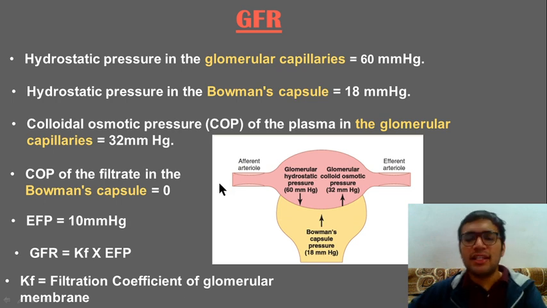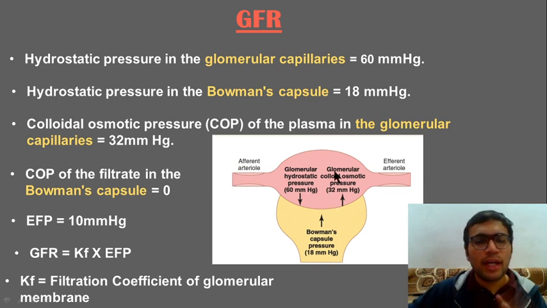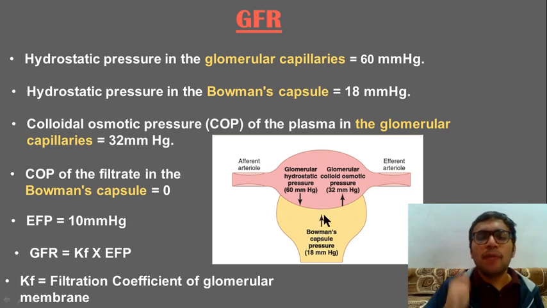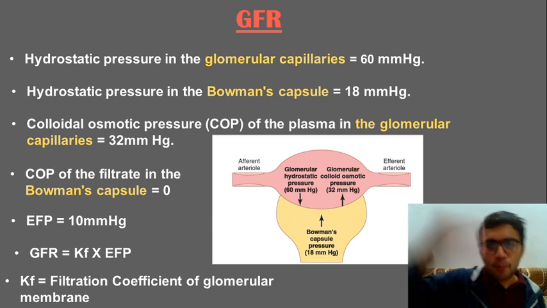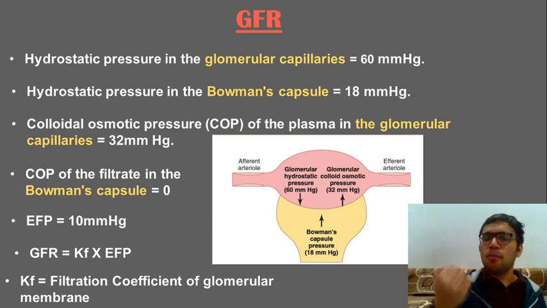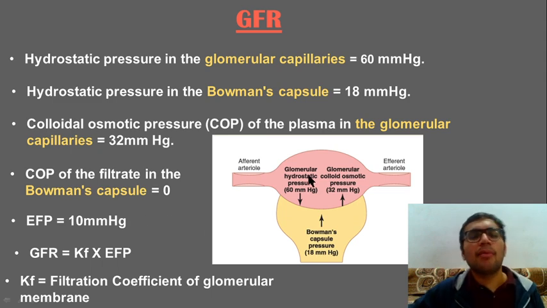What is the basic thing I want to tell you? This is your glomerular capillary, this is your Bowman's capsule. You have to filter off the things. Guys, always remember that whatever hydrostatic pressure there is, hydrostatic pressure will try to push or pull the things: if it is above, it will push, and if it is below, it will pull. But now, basically you have to remember 4 pressures. What are those 4 pressures?